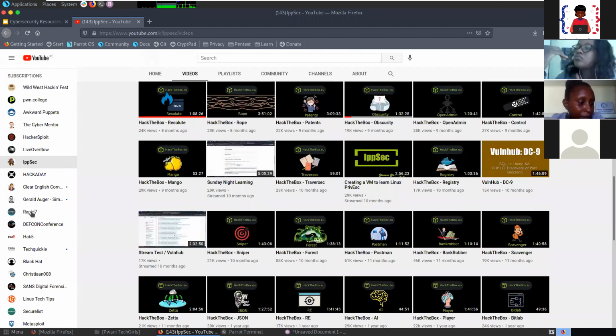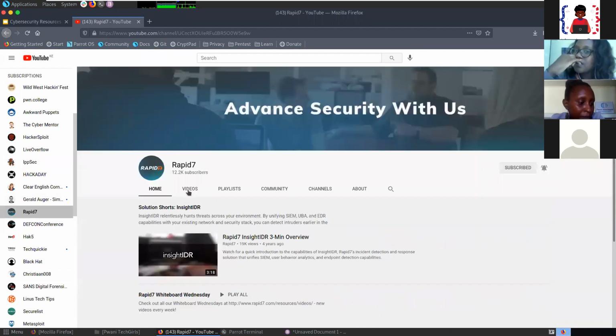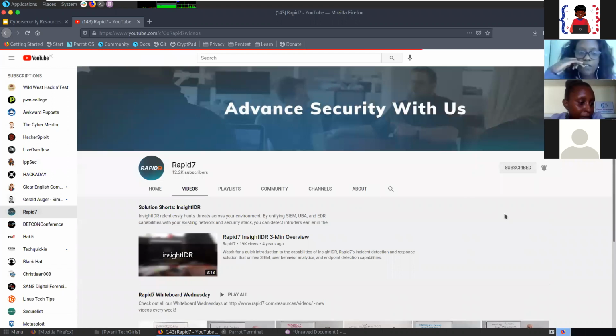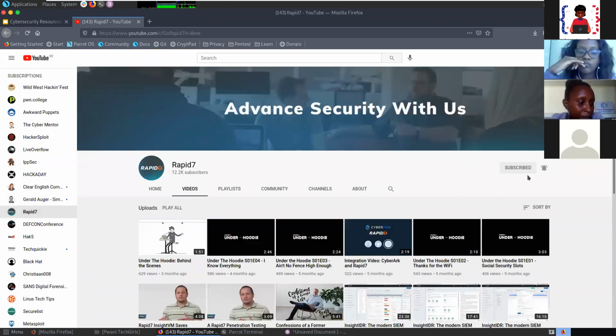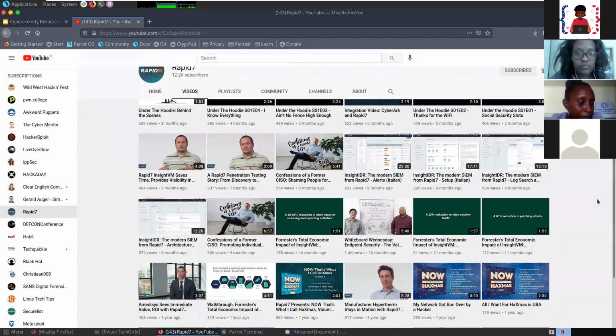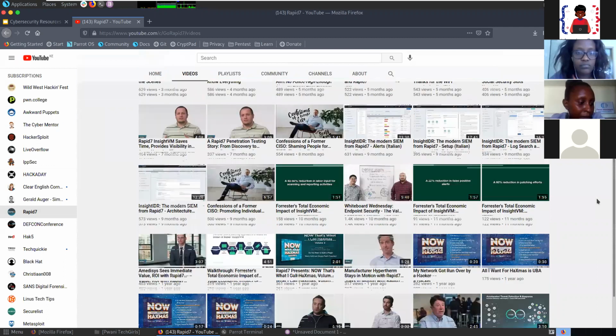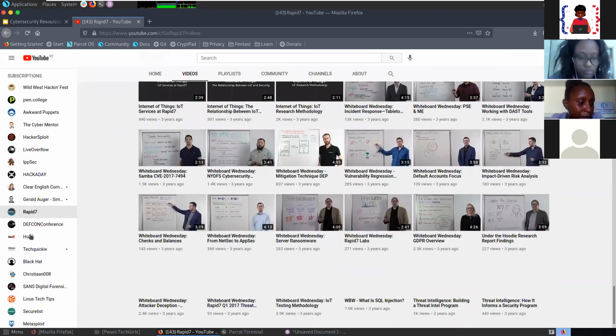Rapid7, sorry. Rapid7, these are the guys from offensive security. They're the ones who built Nessus, the network scanner, the vulnerability scanner. So they have good resources here from their team, just cool resources. As you can see, all these really good